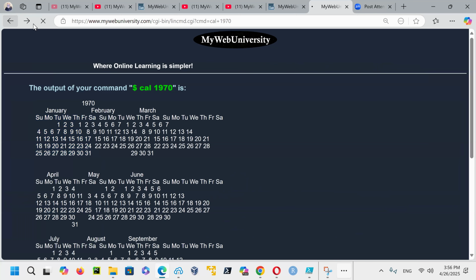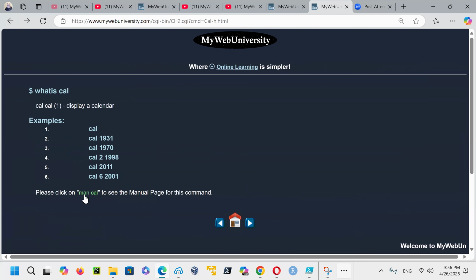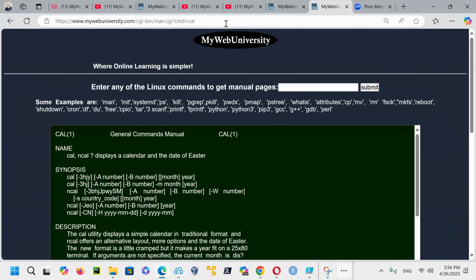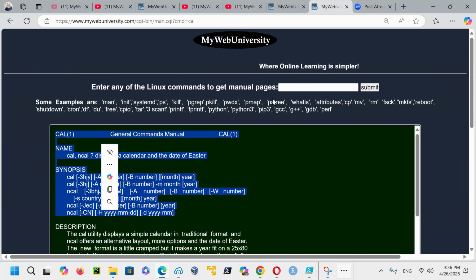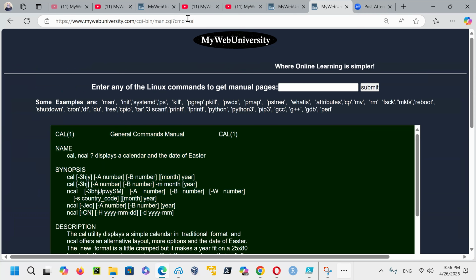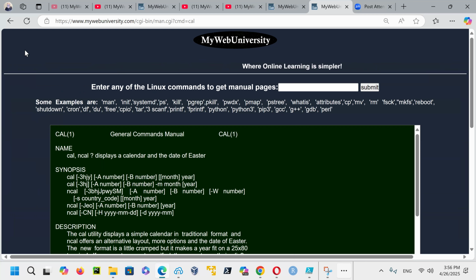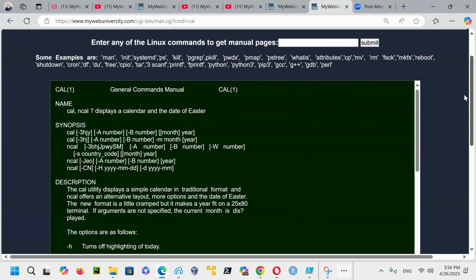So if you go on this one, you can get all other outputs here. And at the same time, you say, show me the manual pages. Normally, if you're sitting in front of a Linux machine, you have to type in man followed by the command: man cal for calendar, man date for date, man ls for ls, man mount for mount point. All those you can type in, but notice here, I just give you the output.